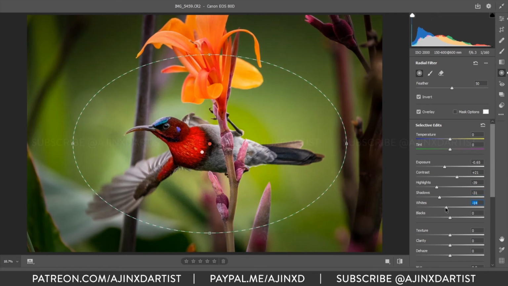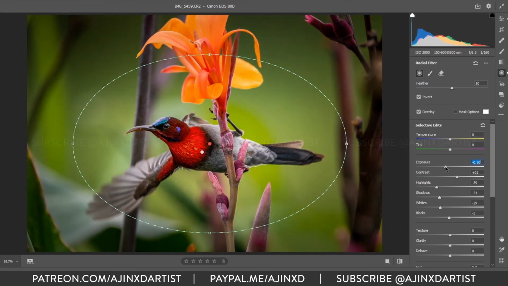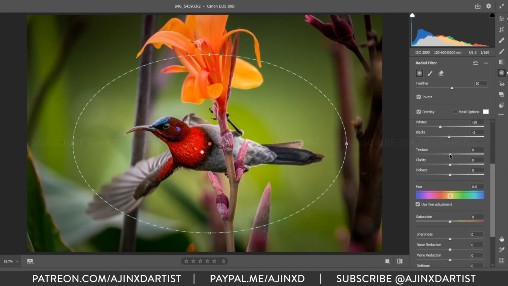Same with the whites, we don't need whites, and blacks can be darker actually, not so much but just enough. Okay, this looks good. Now texture, I can go into the negative with texture, and indirectly it will affect my ISO sensitivity, the noise in the image as well, so that's a good option to try.